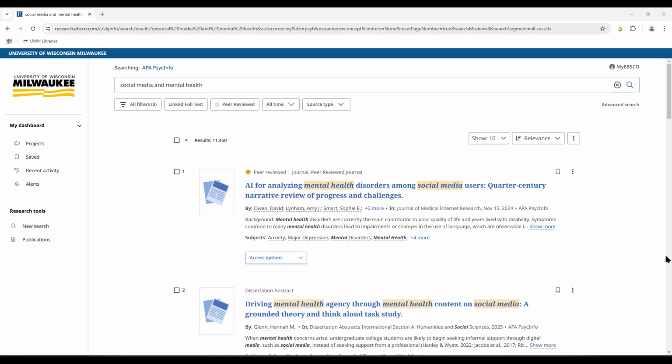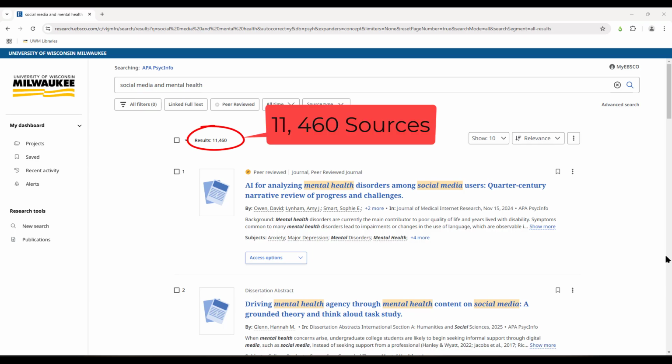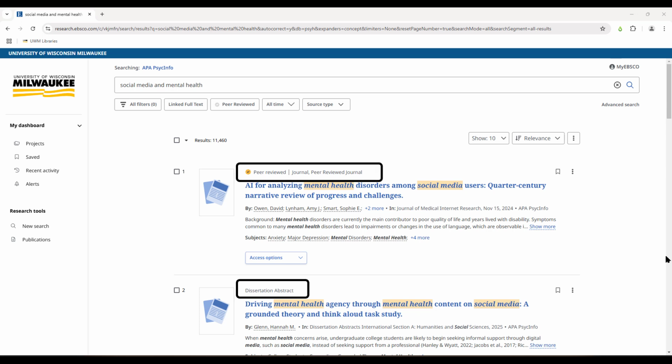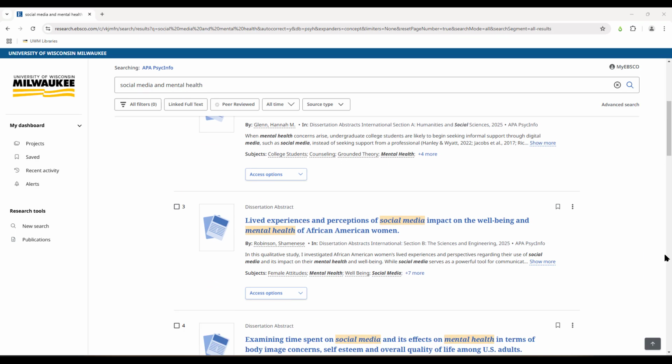Next, I'll need to judge the quality of my search results. One way to do this is to look at the number of search results I got. If the number's really high, that means my search wasn't specific enough. I can also pay attention to the types of sources that make up my search results. My search returns some scholarly articles from peer-reviewed journals, which I need for my assignment, but many of these sources